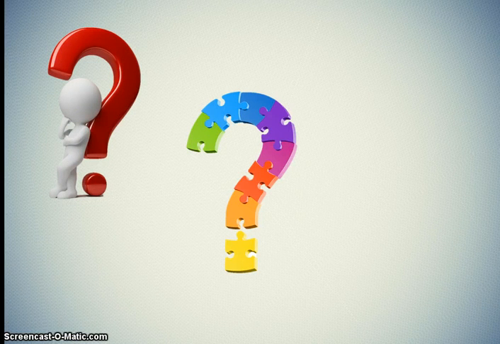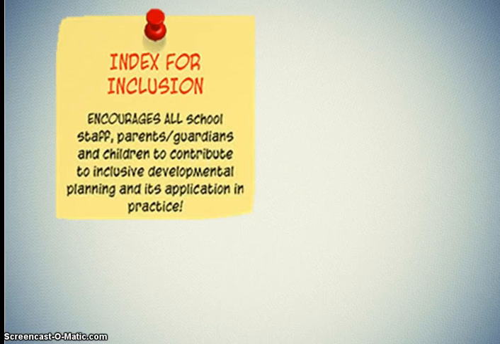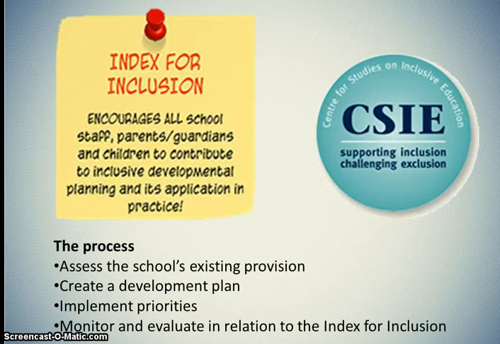If inclusion is the key to success for all children, how can teachers use digital technology to remove potential barriers to learning? The Index of Inclusion is a good place to start when assessing inclusion for all children within the classroom setting, because it enables the school to assess existing provision, create a development plan, and implement priorities. Teachers can also use the guidelines within the Index of Inclusion to monitor and evaluate the success of the strategies